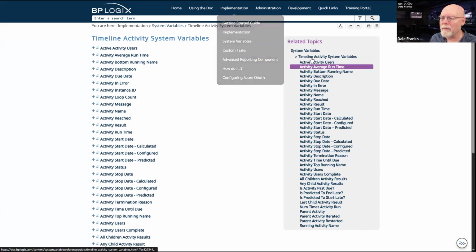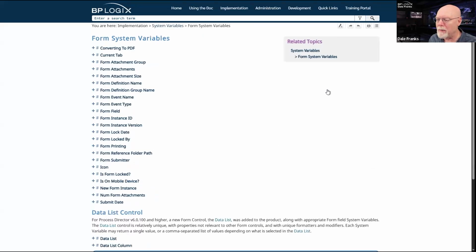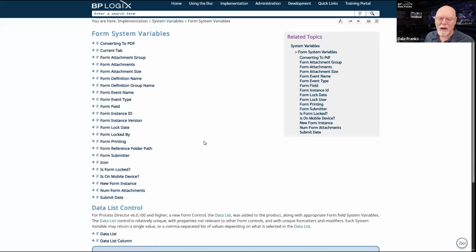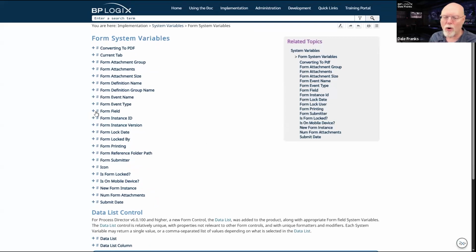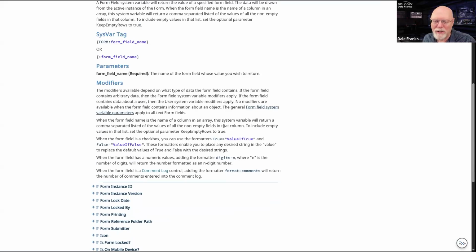Also, there is form field system variables. Form field system variables are tricky because a form field can be any sort of system variable. It can be text, dates, almost any data type: zip codes, email addresses.